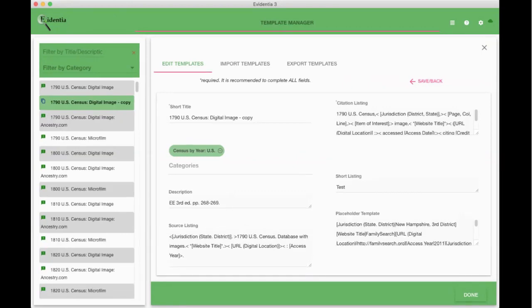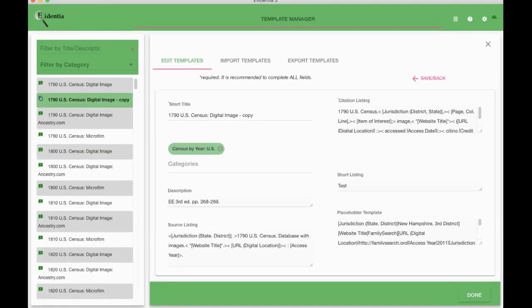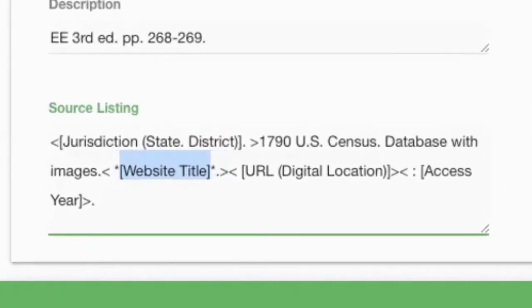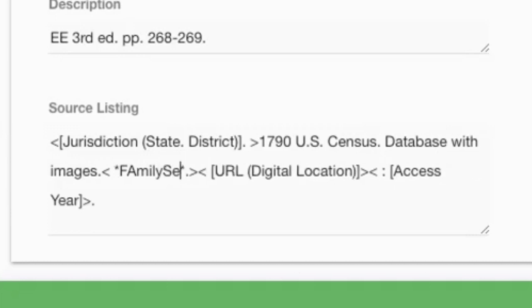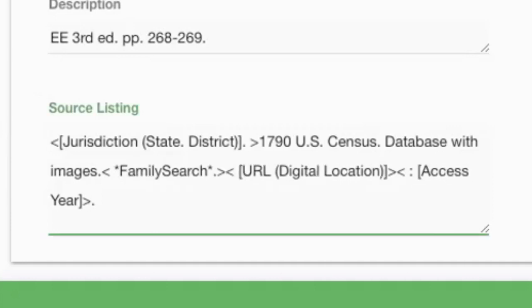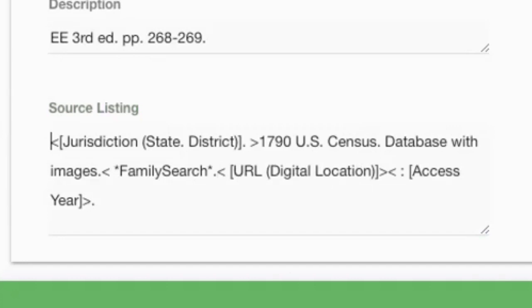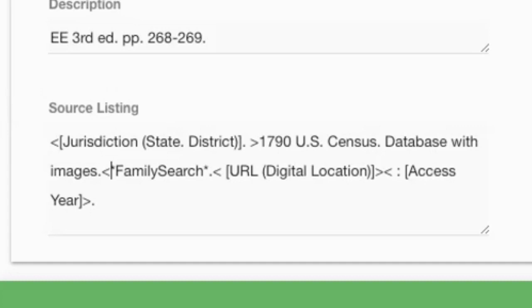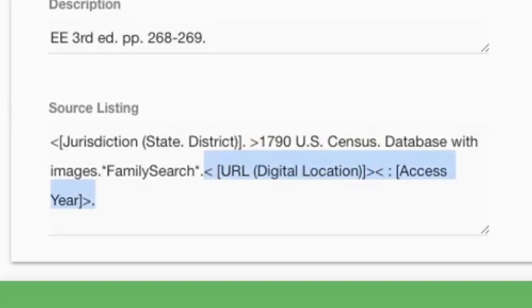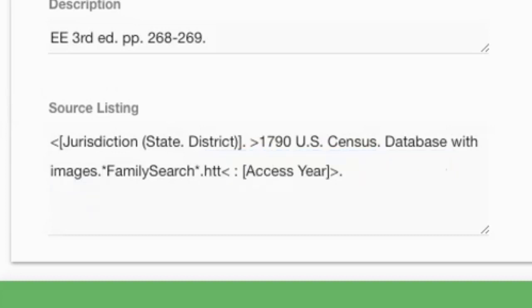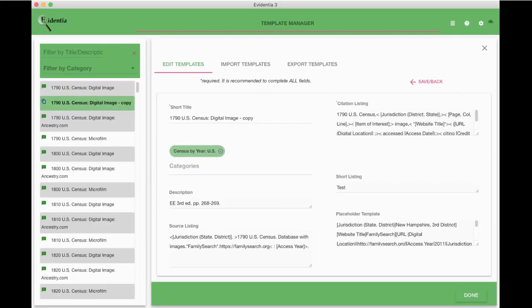I can look in these fields and say, you know what, the website title, FamilySearch, https://FamilySearch.org. And I'm going to do the same thing up here for the,